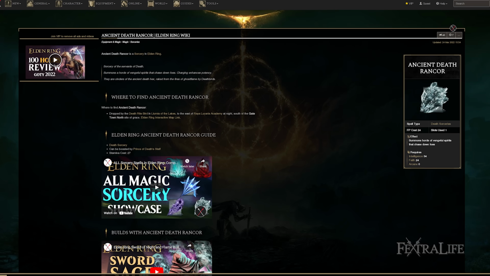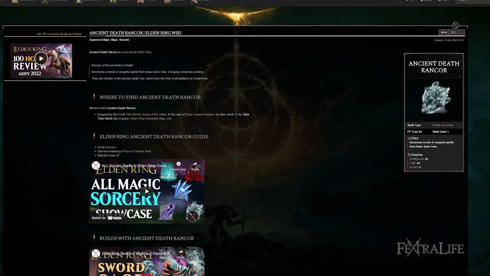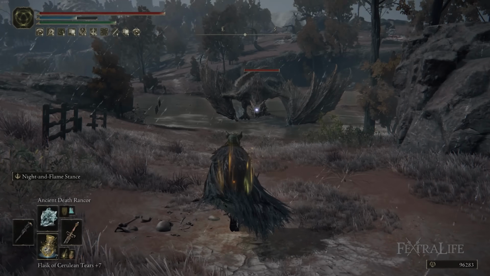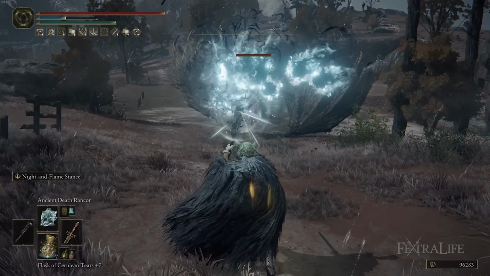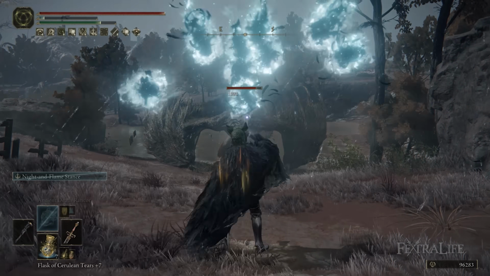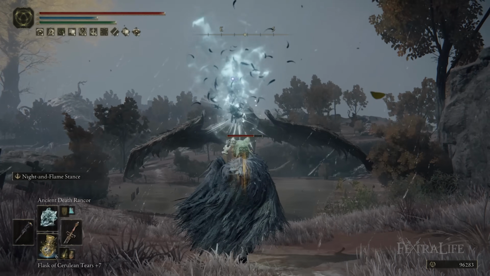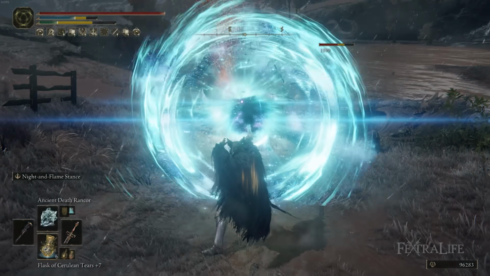And lastly, we have Ancient Death Rancor. This spell deals okay damage at this point in the game. It's definitely not mana efficient, so you're not going to use it constantly, but it really shines in fights where enemies have like a head you can lock onto, because the stagger damage that it deals is incredible. Like if you're fighting a dragon, or some sort of enemy that has a head, or an enemy that is extremely mobile and hopping all over the place. The tracking on it is really good, and the movement is very slow, so it doesn't fly by the target